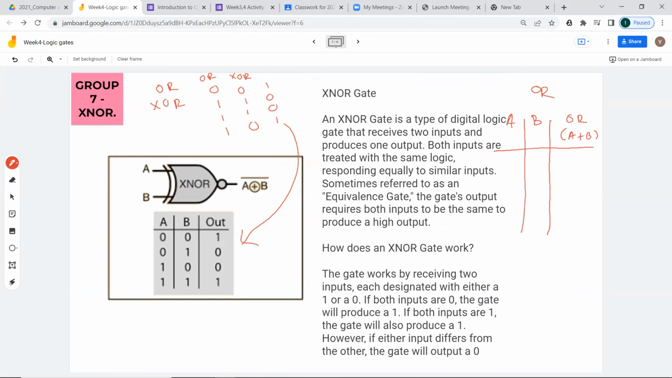And when we draw the truth table, we have to start with 0 0, 0 1, 1 0, 1 1. OR gives 0, 1, 1, 1. That is how we represent the OR gate, right? So we are going to take the output of this OR gate, A plus B, and we are going to take